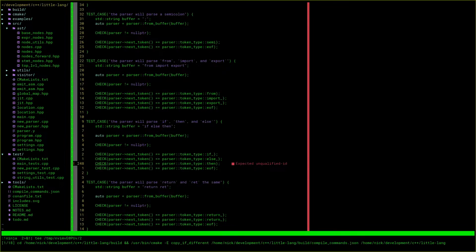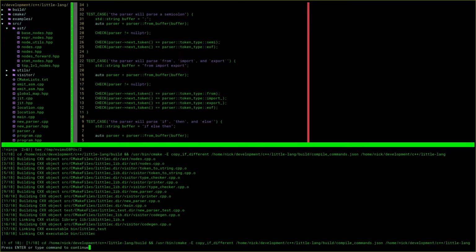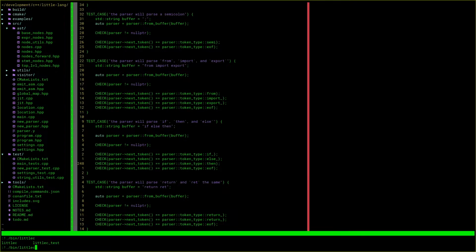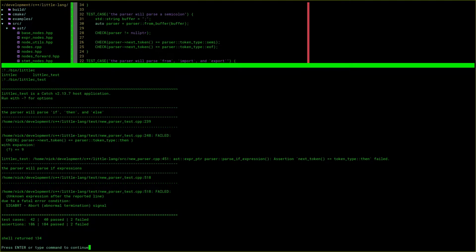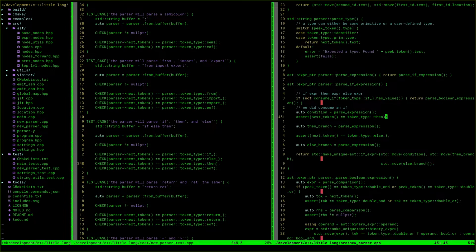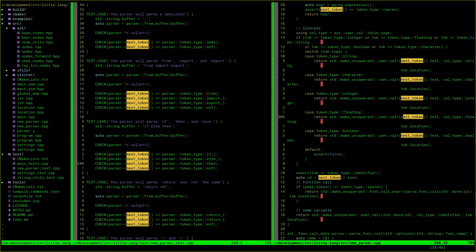And now we get to build the program. As you can see, no compilation errors. And now we get to run the test program, and we'll see that there are errors, as expected. So the first error we'll notice is that the then token isn't parsed correctly, because it's not of the correct token type. So to handle that, we go back to the parser, and this is parsing tokens. So we ask for the next token. Where do we parse the next token? We parse it